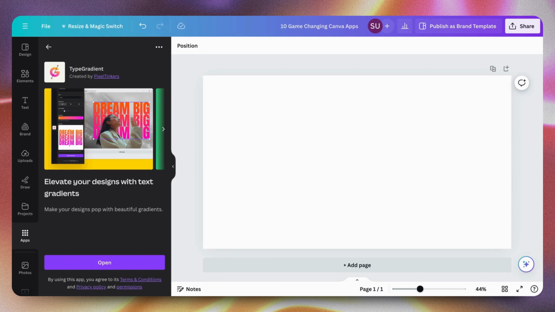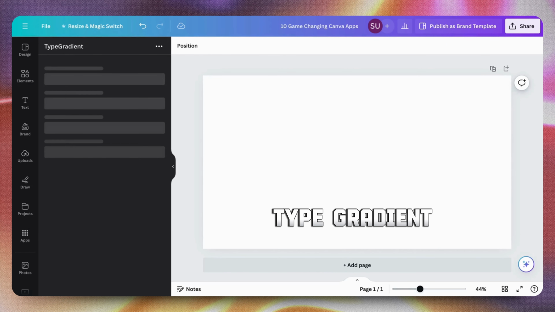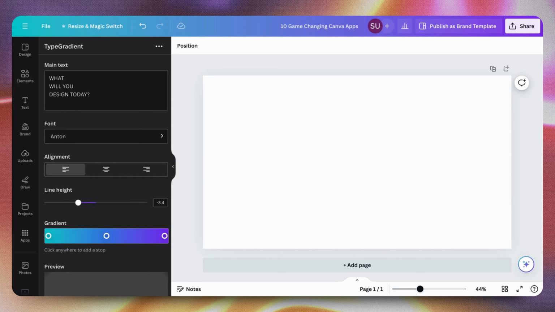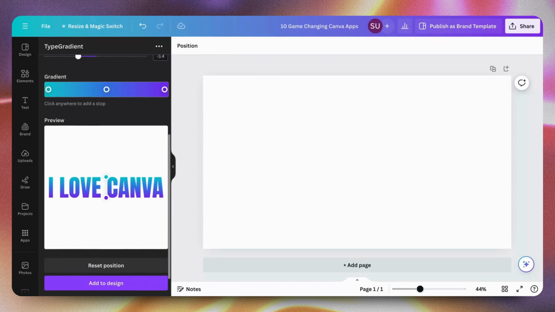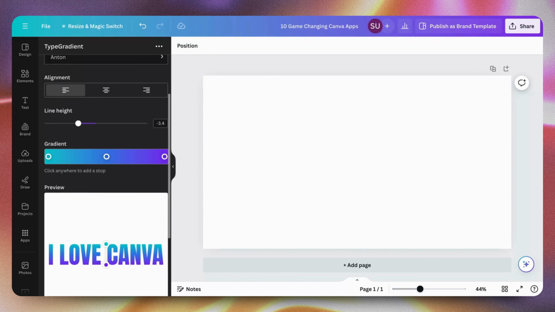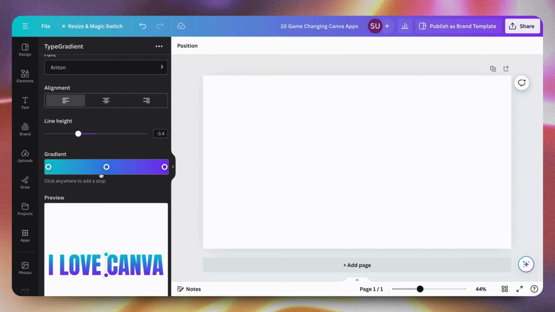Next one we are going to have is called the TypeGradient. This helps you elevate your designs with gradient text. So my text I want to write is I love Canva, because who doesn't? So I'm just going to write this in all caps. I love Canva. So this is what we have, and you can choose to change the font,